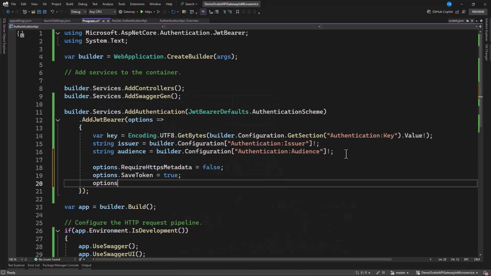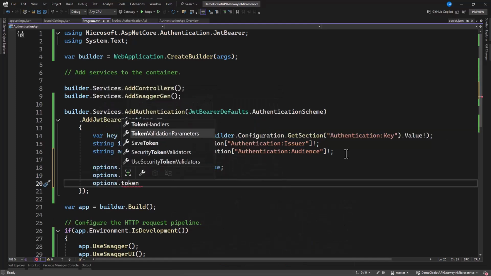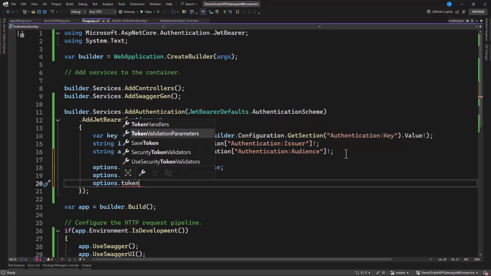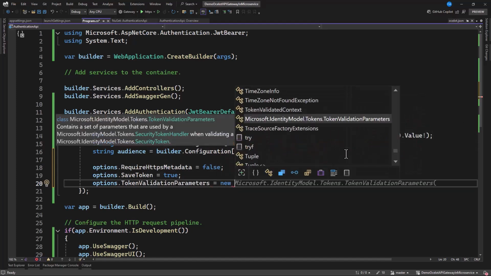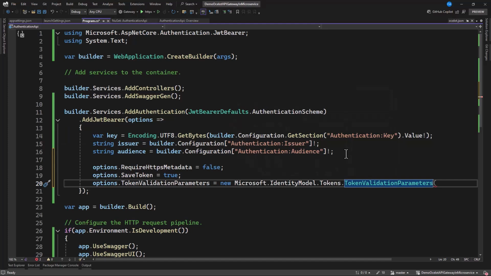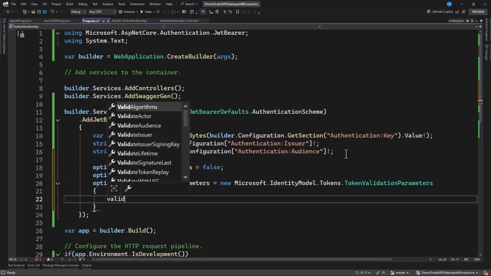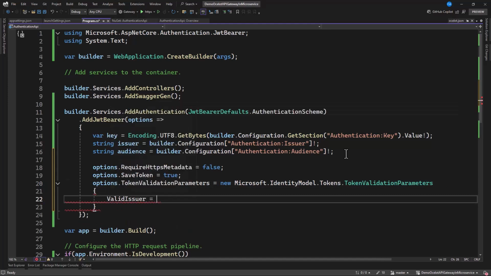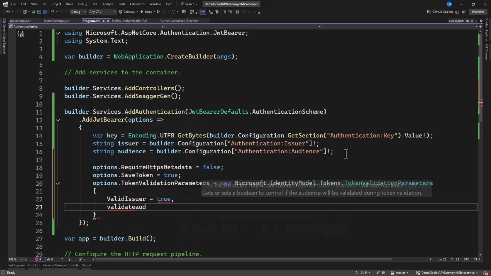Options.TokenValidationParameters, we have to set it to a new instance, and now within that we need to specify, let's say ValidateIssuer. This is true. Then let's have ValidateAudience too, set this to true.